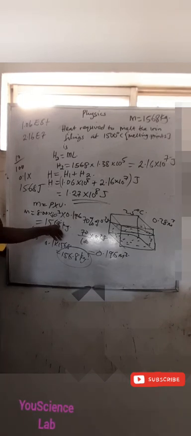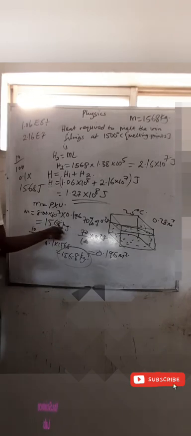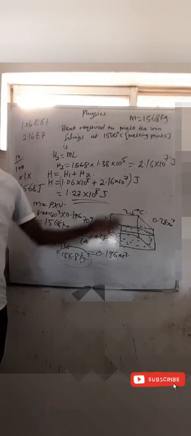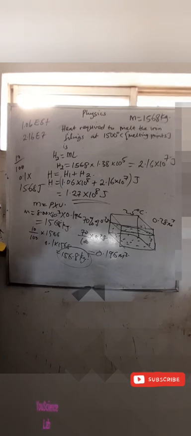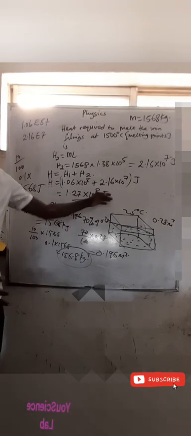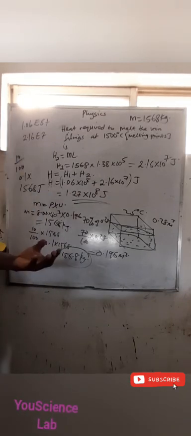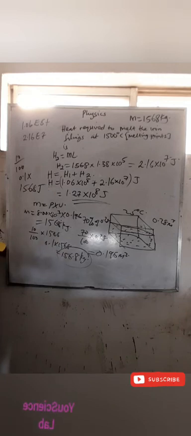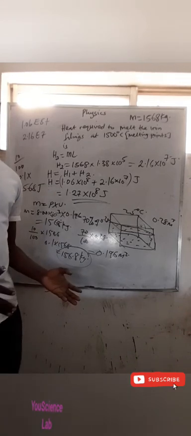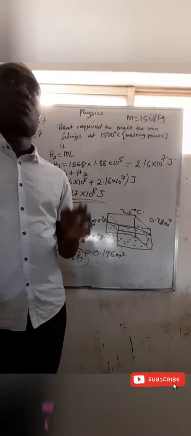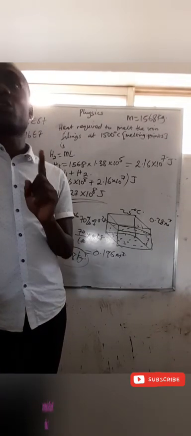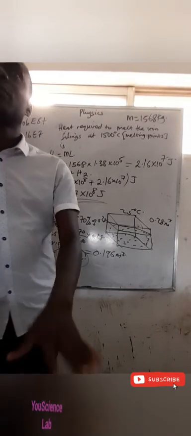The heat that is supplied to it, we first of all raise the temperature from 25 degrees to the melting point. Then after that, the remaining heat will convert it to liquid. You get that? Any other question? There's no question. Okay. So let's